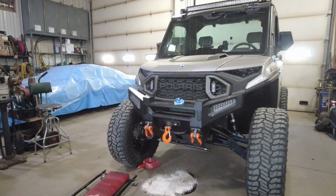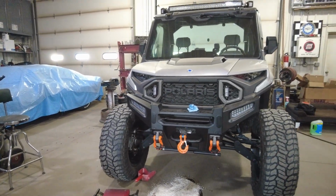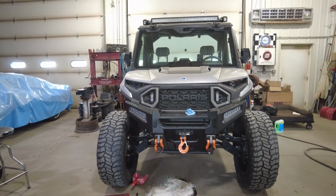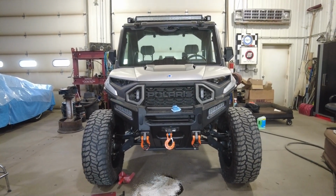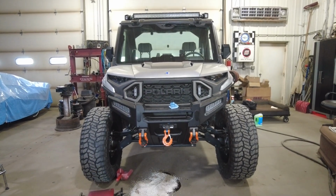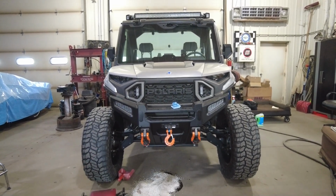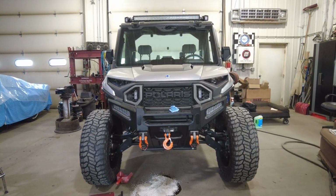So that's it, guys. Fluid change on the front diff on one of these 1500s. Not real hard. I made a mess. And you got to make a mess because the overflow is going to overflow on your skid plate. I tried to stuff paper or towels back in there, but it seems to kind of run everywhere anyway. But yeah, that's it,